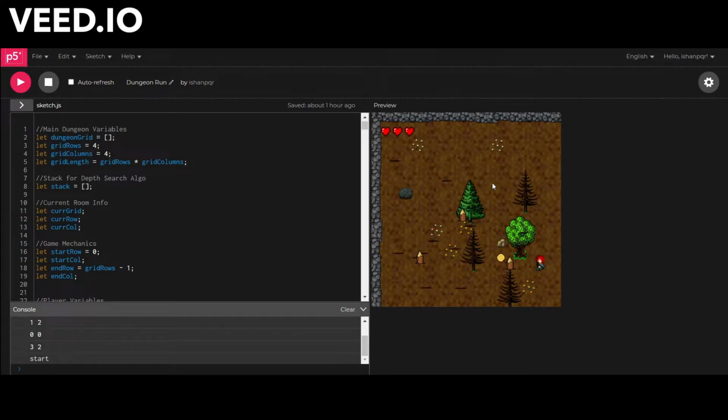a coin. So the objective of this game is to collect 5 coins to open a portal so you can exit the dungeon. And while doing that, you need to avoid these traps. You only get 3 tries. If you hit any of these traps, you lose a life. And once you're out of the 3 lives, you basically get booted out and you have to play the dungeon